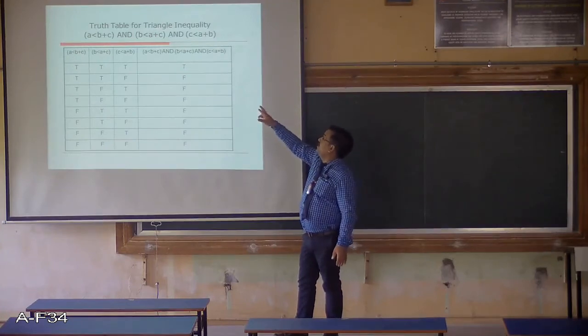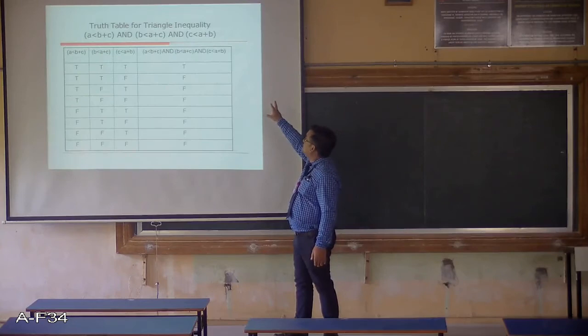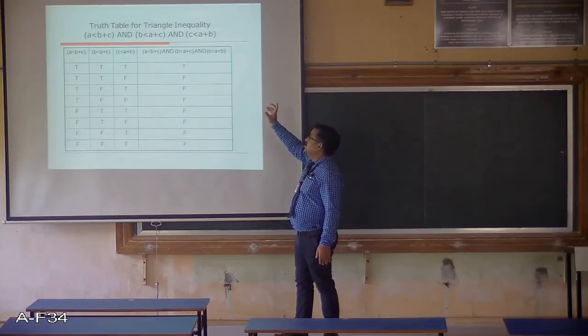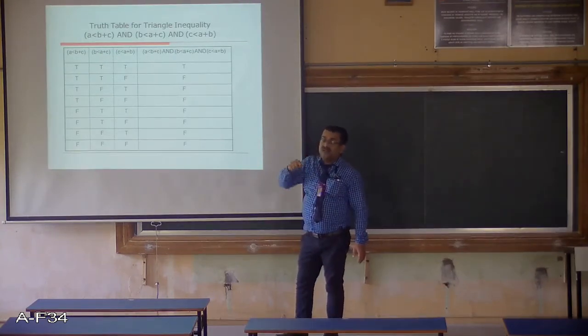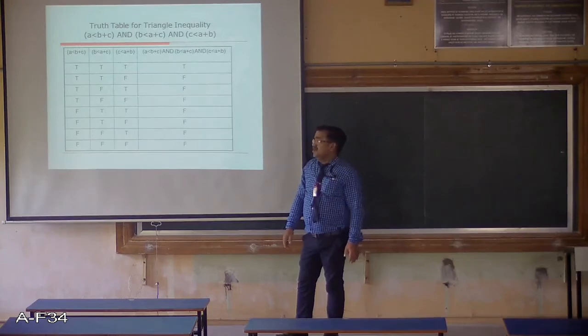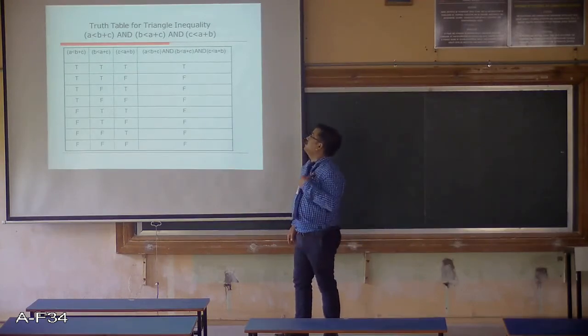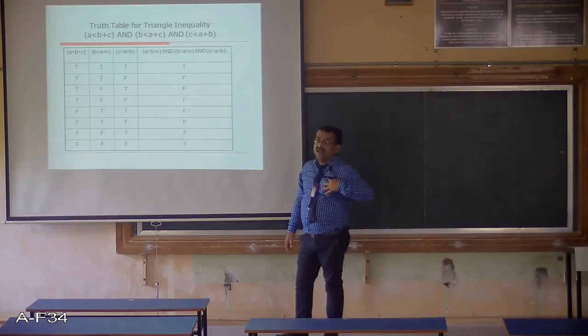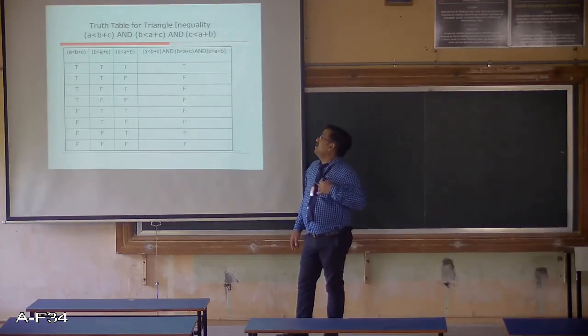That is, C less than B plus C, B less than A plus C, and C less than A plus B is jointly checked by connecting through AND, right? So this is a compound condition. So instead of checking it entirely by the compound condition, we can actually convert it to a decision table